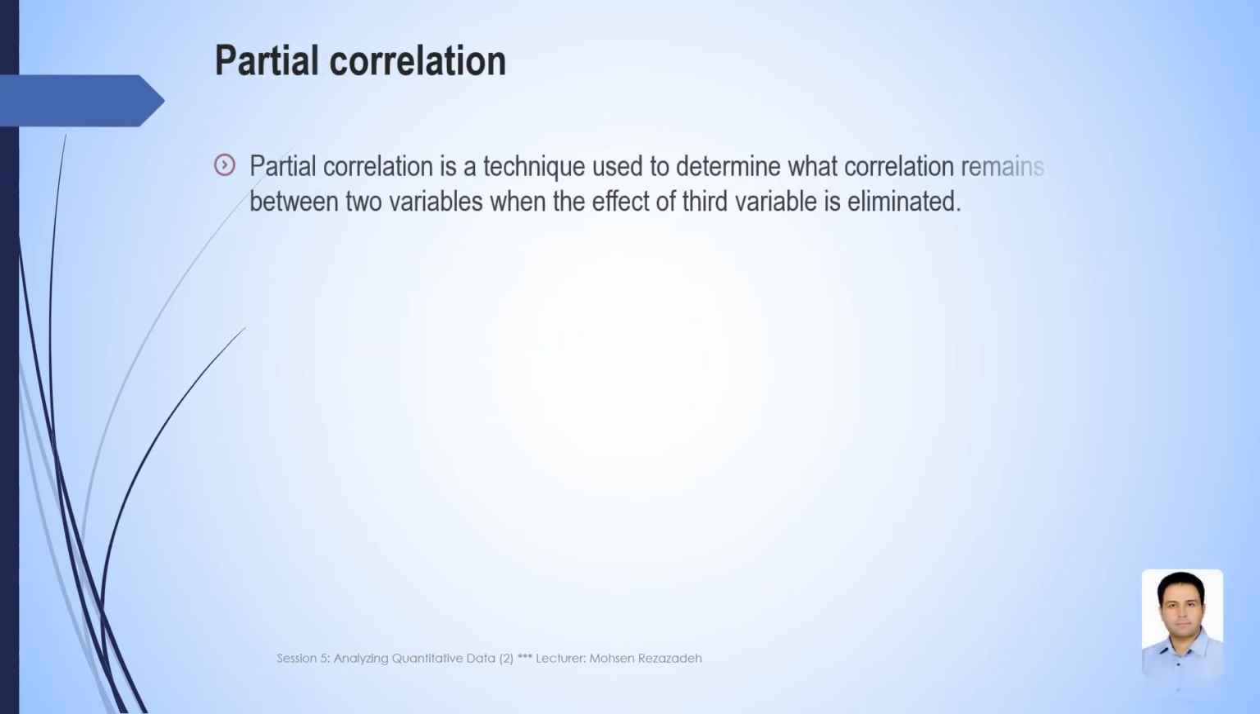Partial correlation is the second type of correlation. Partial correlation is a technique used to determine what correlation remains between two variables when the effect of a third variable is eliminated. Partial correlation controls for this third variable. In fact, partial correlation looks at the way two measures vary together when a third variable has been factored out of their relationship. For example,